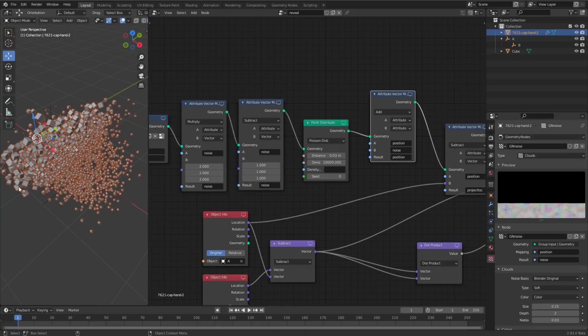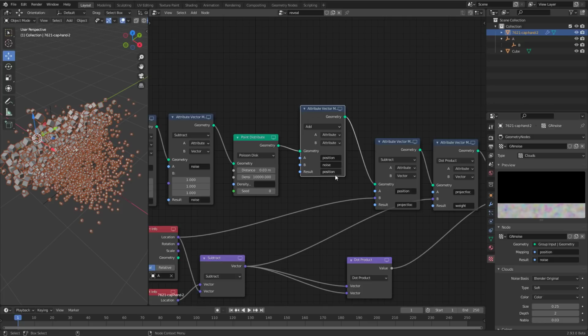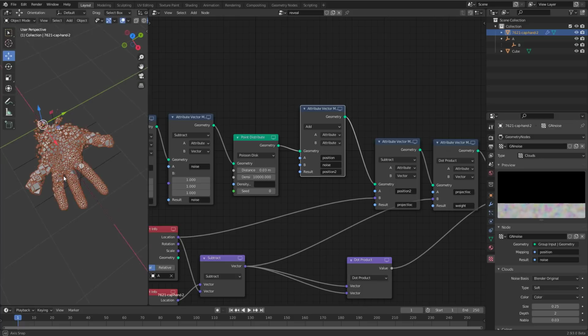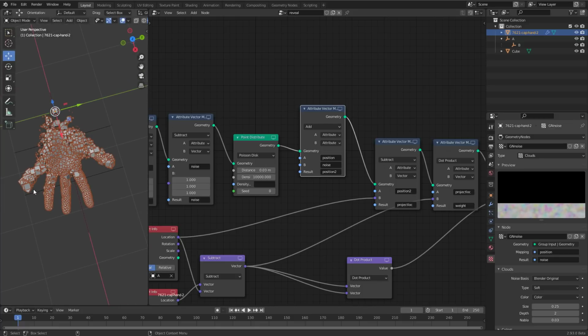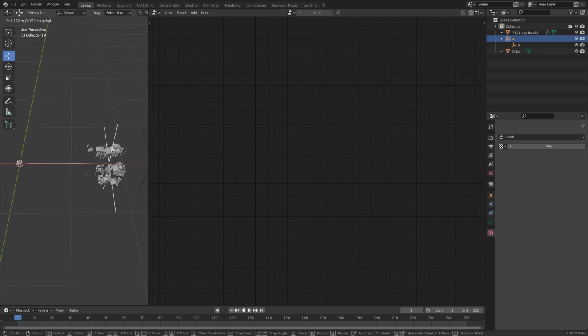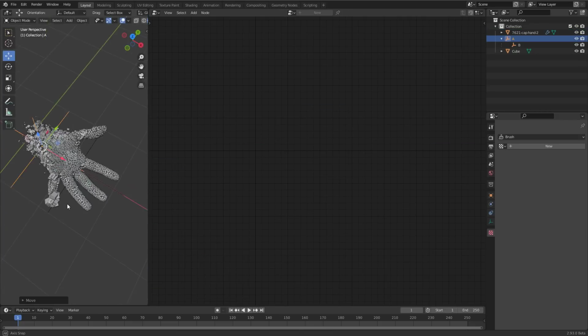And this is the point positions that we want to use for the dot product, but for the dot product only. So let's use a different attribute name. Instead of using position, let's use position 2. So they are staying where they are, but now we can use position 2 here instead of position for the dot product. And that means the dot product sees a noisy cloud and thus creates a noisy edge. So now we have a noisy edge here, looking a lot more organic, but it's hard to see due to